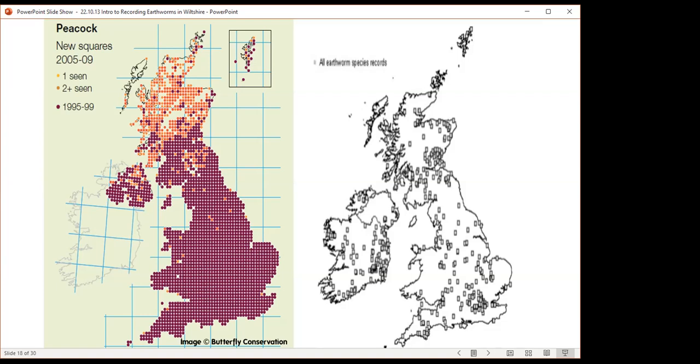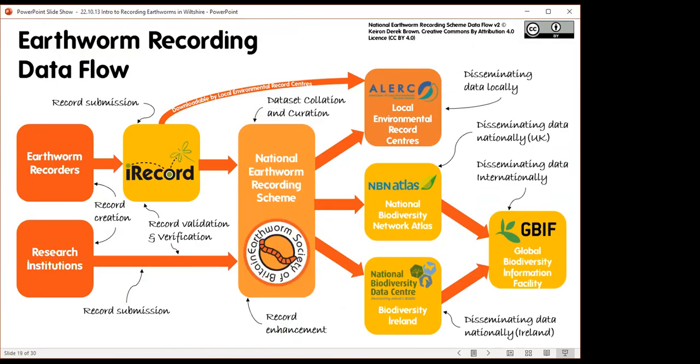But a paper was produced by a number of earthworm scientists who collated all their data together. This is a map of all earthworm species in 2009 across the UK and Ireland. And you can see that the distribution there is really patchy. It looks like big parts of Wales, Scotland, Northern Ireland don't have earthworms at all. And we know that's not true. We know there are earthworms there, but this is more representative of how little data we have and how patchy it is. So the Earthworm Recording Scheme was set up in response to this paper,